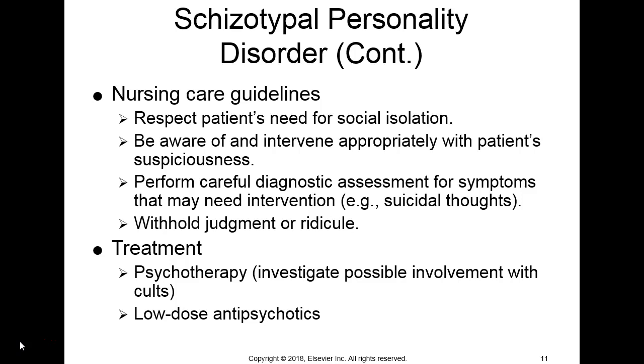So that would be intervening appropriately. You might think, well, you're feeding into that paranoia, but actually we're really making them feel more comfortable. And again, we have to watch all of our verbals and nonverbals, the things that we say, how we stand. We don't want to stand with our hands behind our back, because the person might wonder, what have you got behind your back? Do you have a shot for them? Or they just might be really worried about what you're going to do when your hands aren't open. So it's just really being open verbally and non-verbally with that patient. That is the best way to intervene with people that are like this.